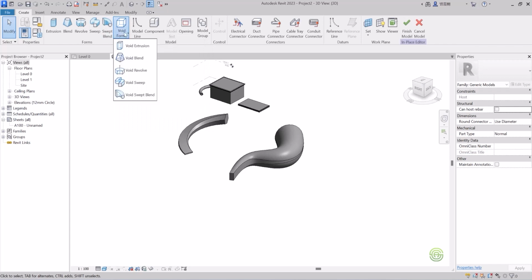So when you click on void forms, you will find the same things: extrusion, blend, revolve, sweep, swept blend. All these five things will be seen in the void also. The only difference is, here the extrusion, blend, revolve, sweep, swept blend, all these five create a solid form like this. These all are solid forms. Using the same method, void extrusion, void blend, void revolve, void sweep, void swept blend, all create a void